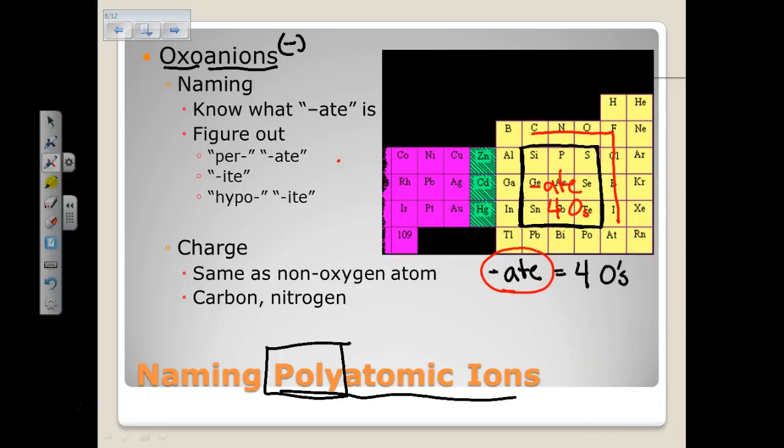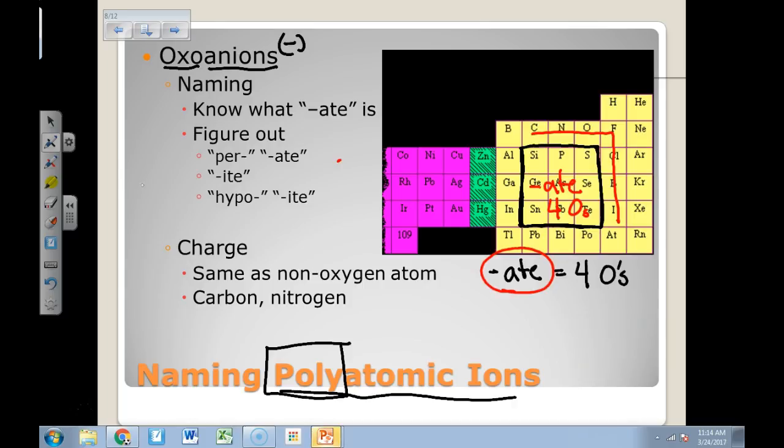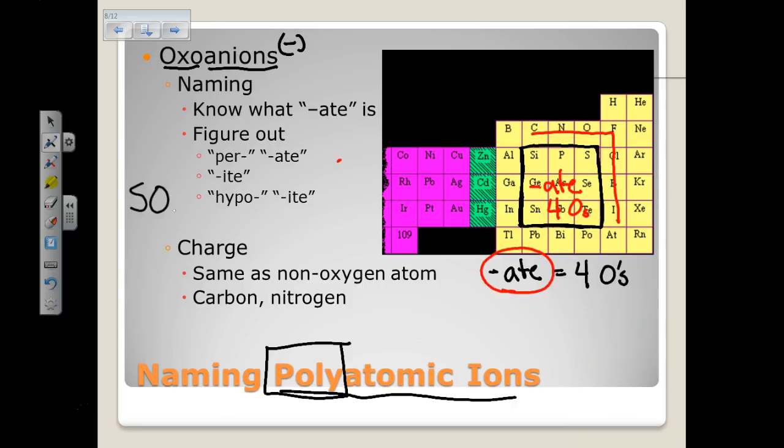So inside this box, ate is 4 oxygens. And that is going to be your anchor. That is going to be what you know in order to name the other polyatomic ions in the oxoanion family. So let me give you an idea of what's going on. Let me write an example. If I have SO4